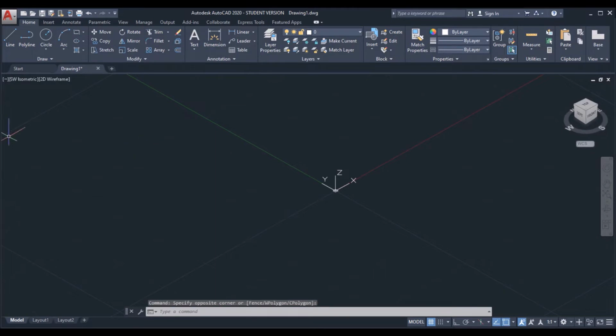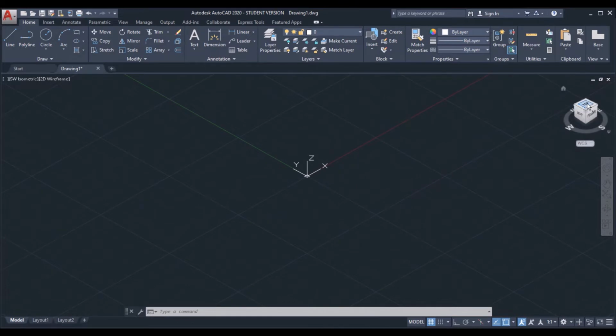Okay, now I'm going to tell you how to use the mouse operations. So the scroll button, I'm using the scroll button forward and backward so that the workspace is zooming in and zooming out. If you want to get pan, hold the scroll button, you'll get the pan. Okay, see, workspace is moving in this direction.